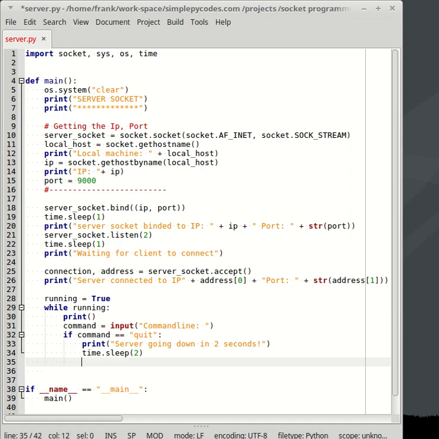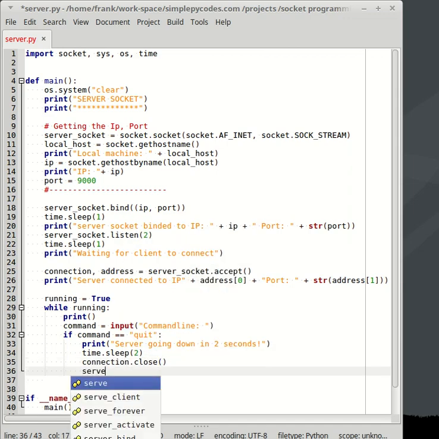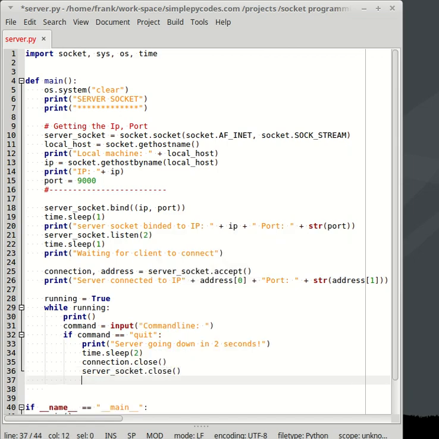Also we can add another if statement like "are you sure? If you're sure press Y, type yes", this kind of stuff, but you can add it yourself when you like. Then say connection.close, server_socket.close, and